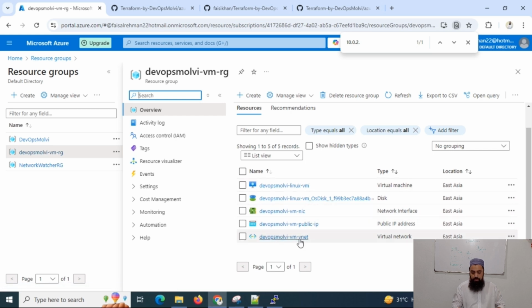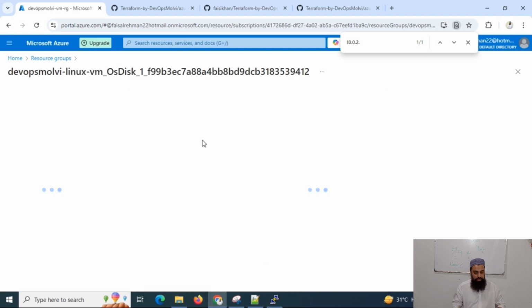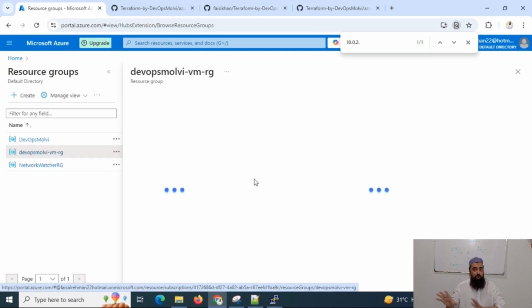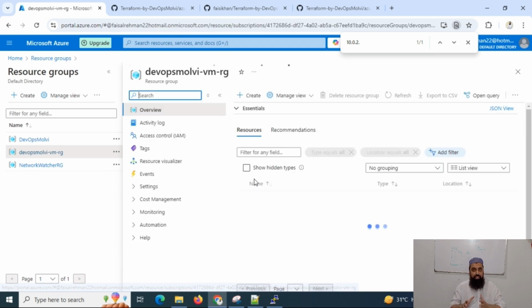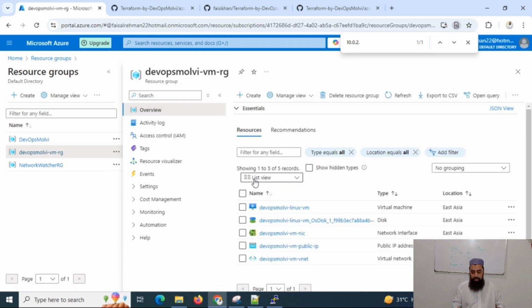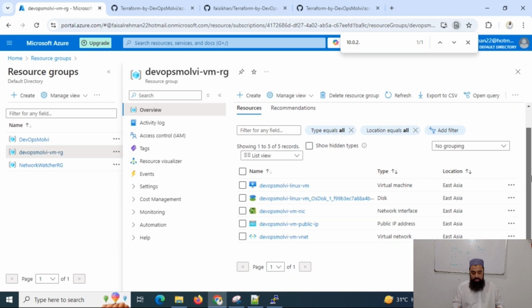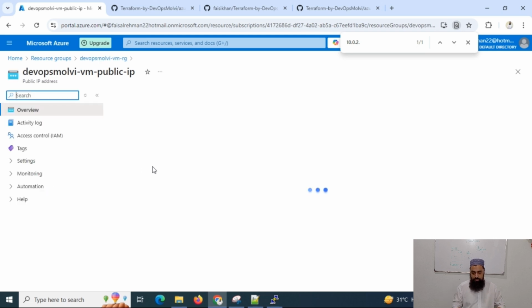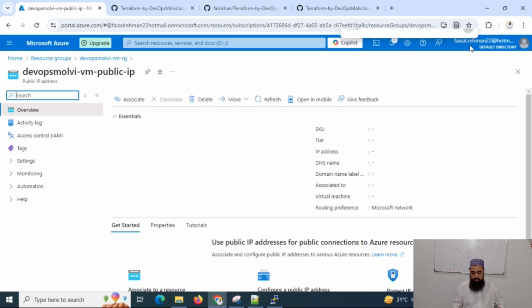This is also the information about disk, and we can expand every resource to check what was created for us. So that's how guys we can automate our infrastructure provisioning. This was actually the first step to terraforming. This was our first step to create resources and a virtual machine, and we can have all this information here. And this is our public IP address. We have the same public IP address that you can see we got from